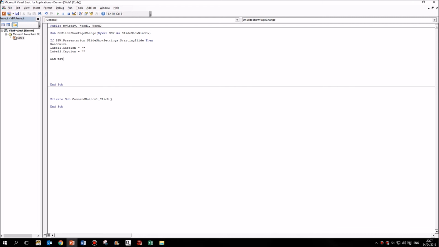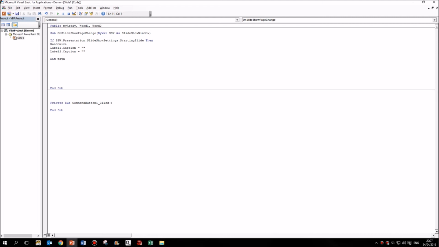Well, first of all, I'm going to create a new variable called path. And what does path equal? Well, it equals ActivePresentation.path, so the active PowerPoint presentation, where is it? And also the word